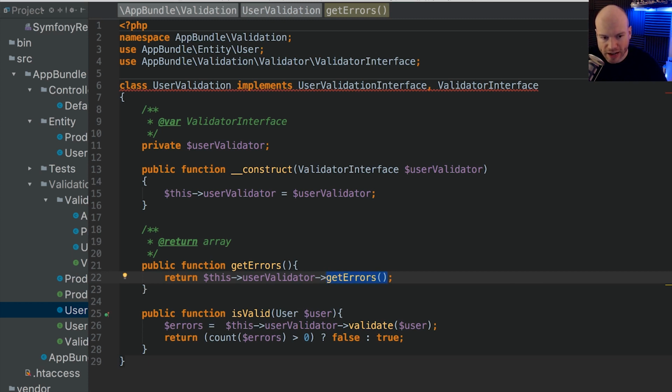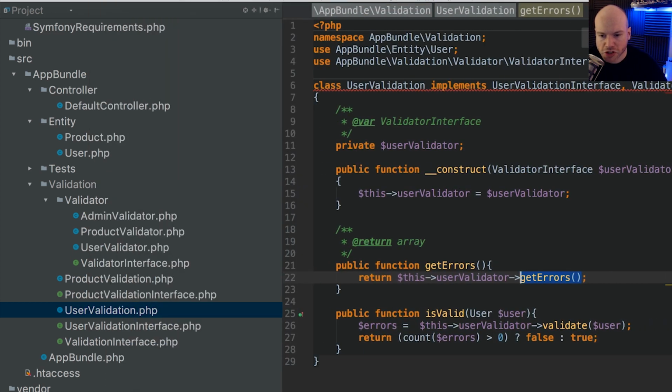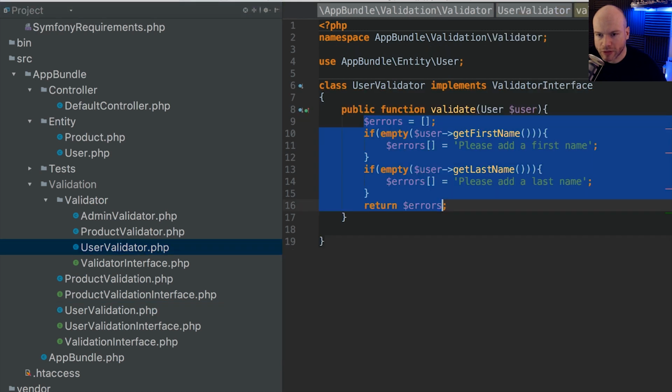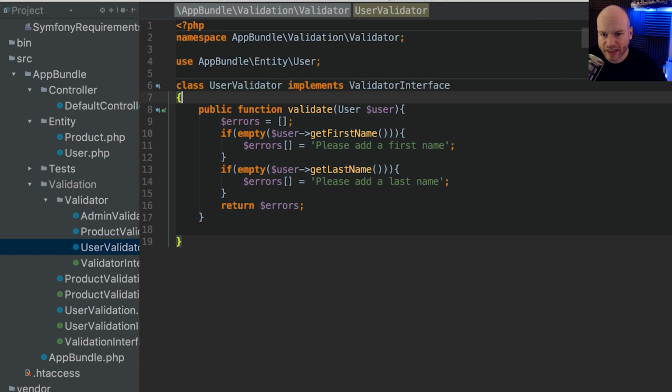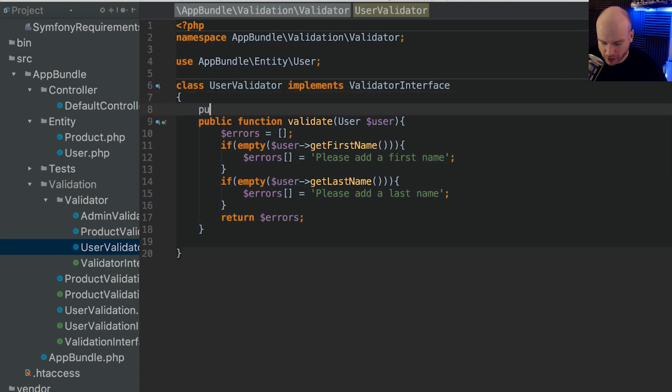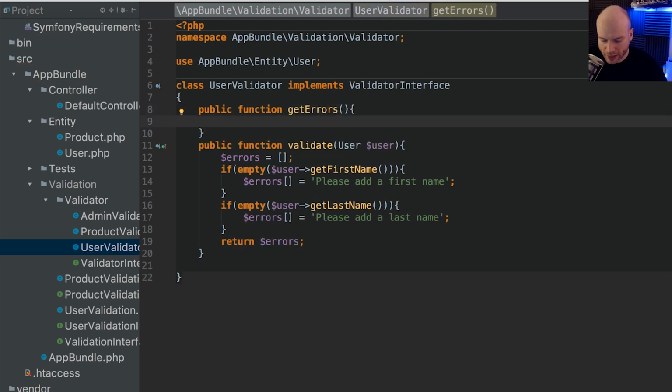Save that, bring that out a little bit so you can access the other files. So let's focus on the user validator for now. That needs to have get errors. So public function get errors, like so. And that is just going to return the errors, so this errors,